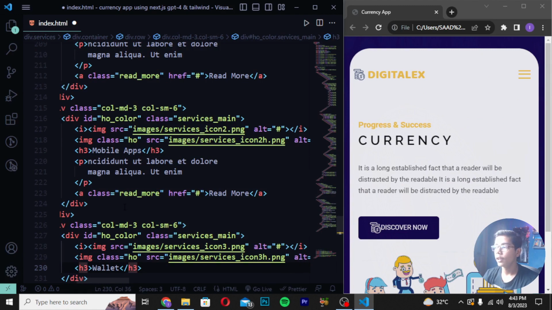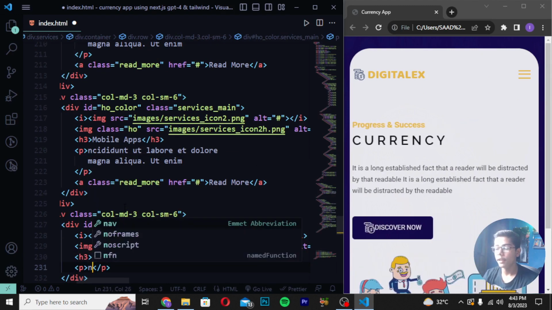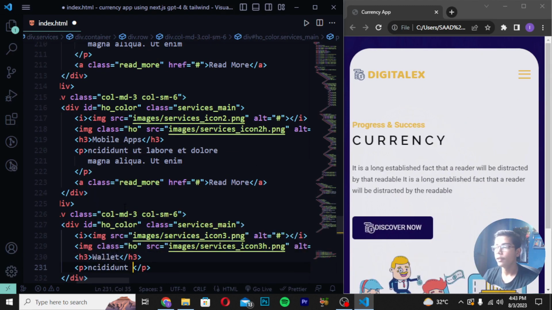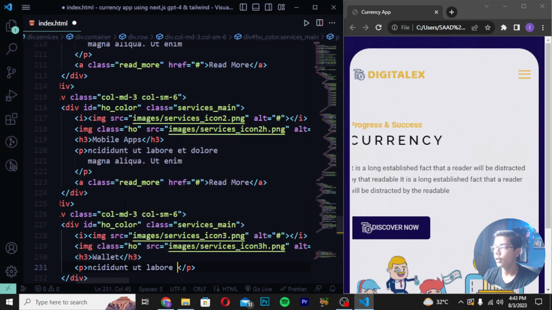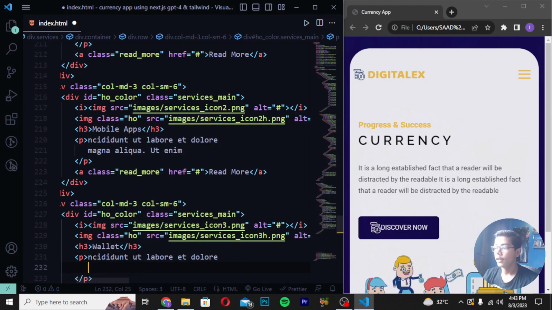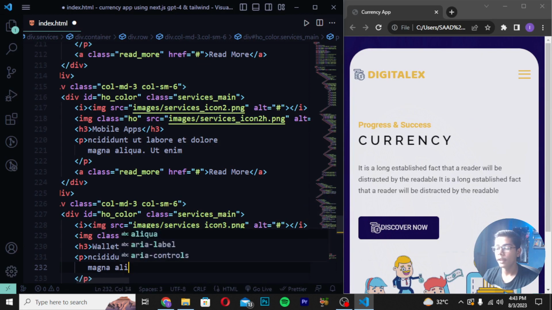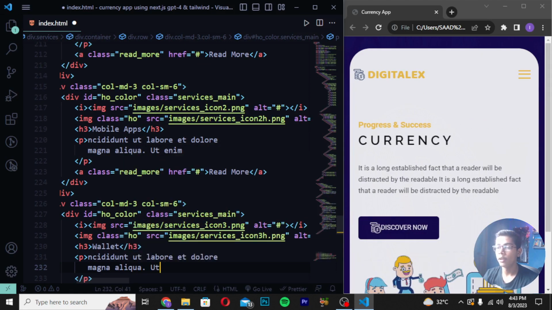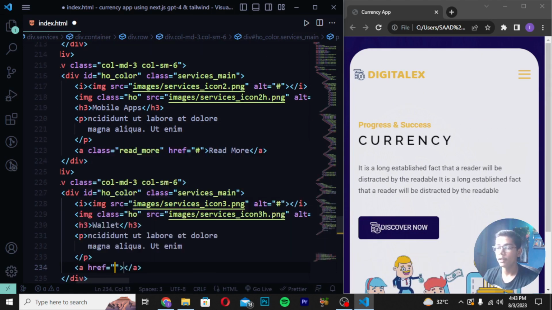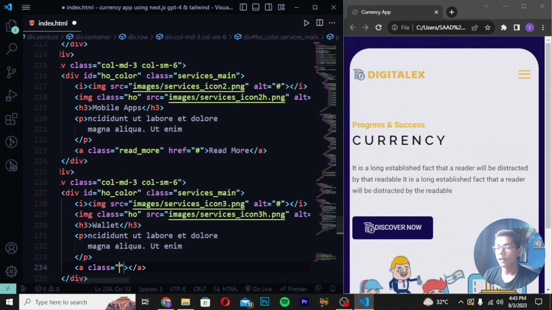Then you have to move down again and write here b tag, write here lcd. So here I will be writing this, write here put here and write here keep to load. Then write here magna, and I will be writing l2. Then you have to write here put enum. Then when you've written this, create here class again in the a tag which should be as read more, and